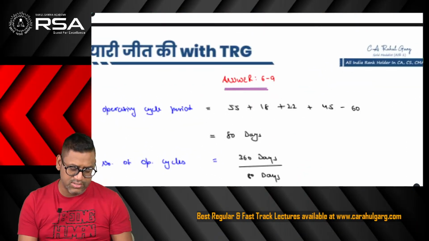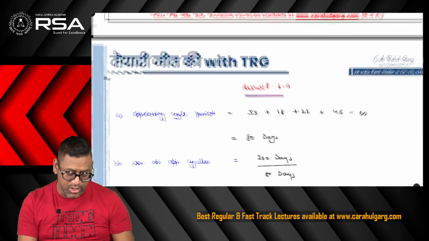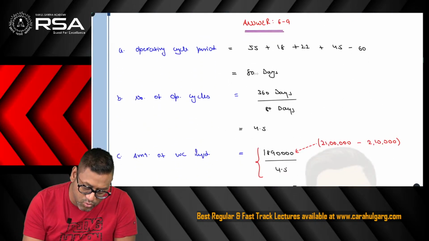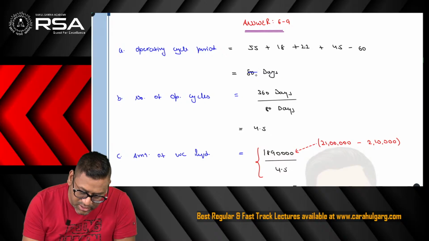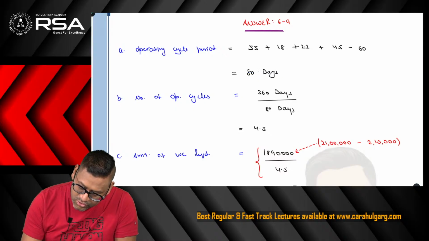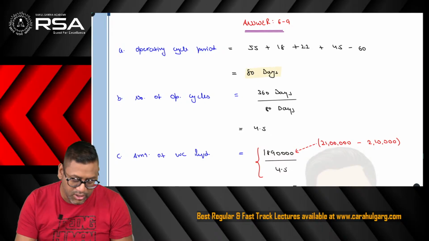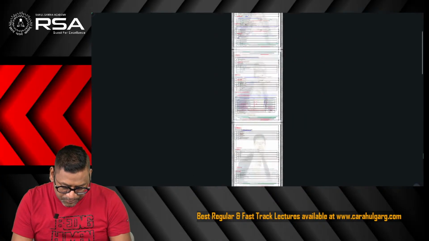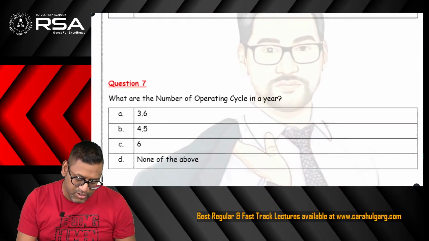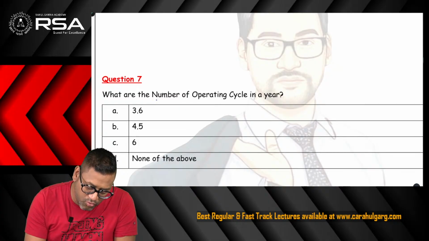So you can see this is for answer number 6 to 9. Okay, so first part we have done, the first question, that the answer is 80 days. So you can see I have marked it over here. Now coming to the next question, based on this data, it says what are the number of operating cycles